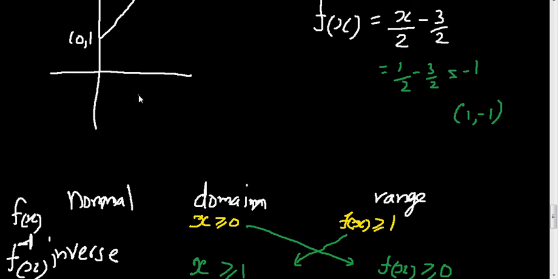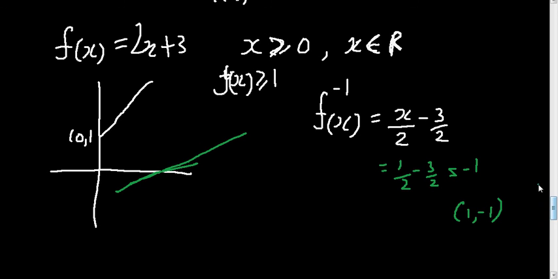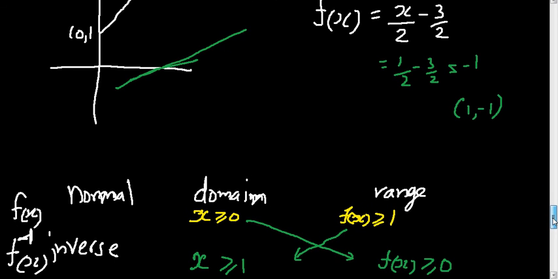So that's where I start sketching this function. So (1, -1) could be somewhere here, and then the function looks something like this. Oops, I can't draw it curved. It's a straight line. It looks something like this. So for that function which has a restriction on its domain, the inverse function would look something like this, and the y coordinate or the